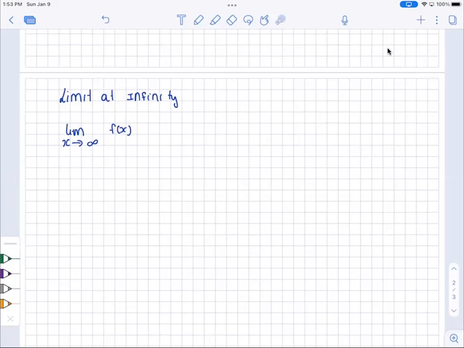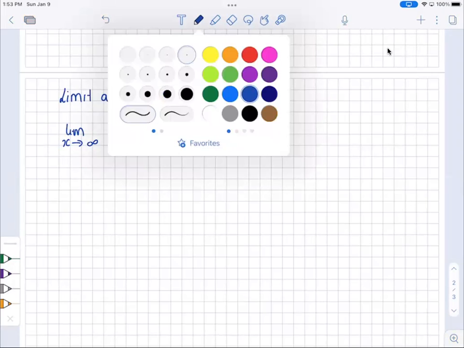This video is about limit at infinity. What happens if you want to take a limit as x approaches infinity of some functions? All right. So for an example, the first example I want to talk about is